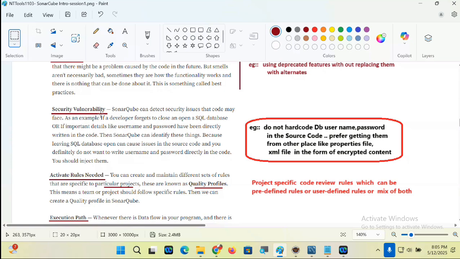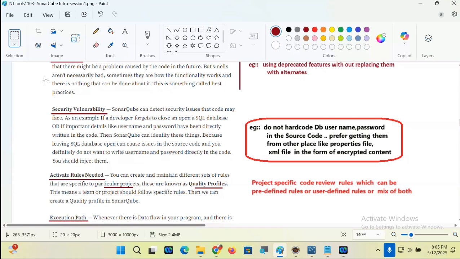You are hard coding a database username and password in a JDBC application. If you give the username and password to a developer, they may misuse it or not. What it says is, you don't hard code them. Always collect from outside the source code, either from a property file or an XML file. That kind of security issue.